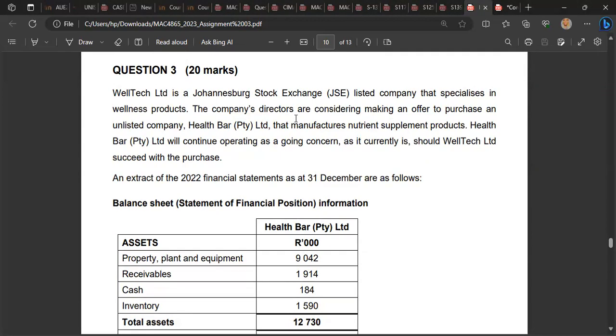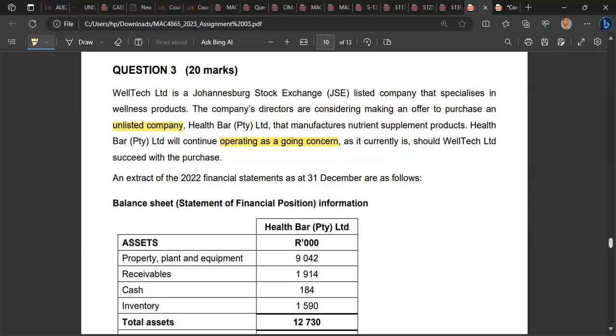WellTech Ltd is a Johannesburg Stock Exchange listed company that specializes in wellness product. The company's directors are considering making an offer to purchase an unlisted company, Health Bar Ltd, that manufacture a nutrition supplement product. Health Bar Ltd will continue operating as a going concern. As it currently is, should WellTech Ltd succeed with the purchase, the